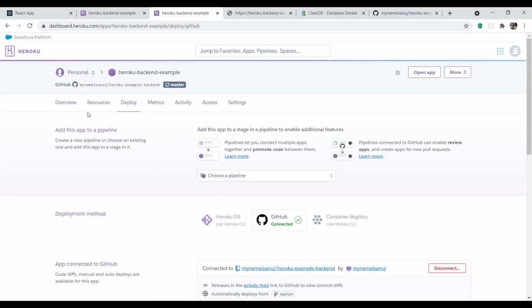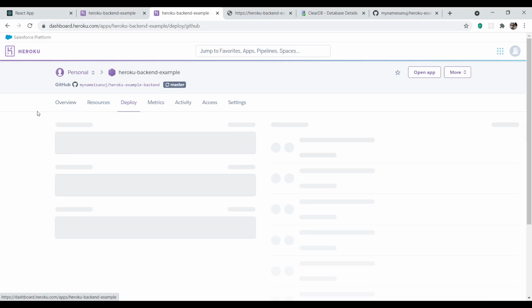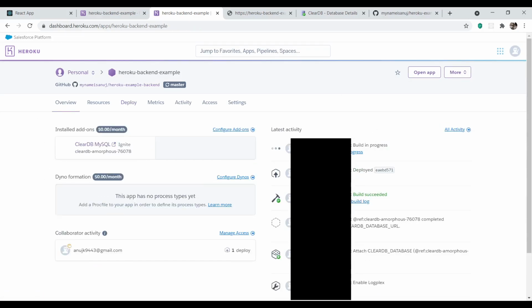How you can see that is there is an option of overview, and there it will show you. Now the build has started automatically. See, you don't have to do anything. You don't have to press even a button, and now when I refresh that, it's getting some data from the database. So now we're done with the backend. Let's move to the front end.